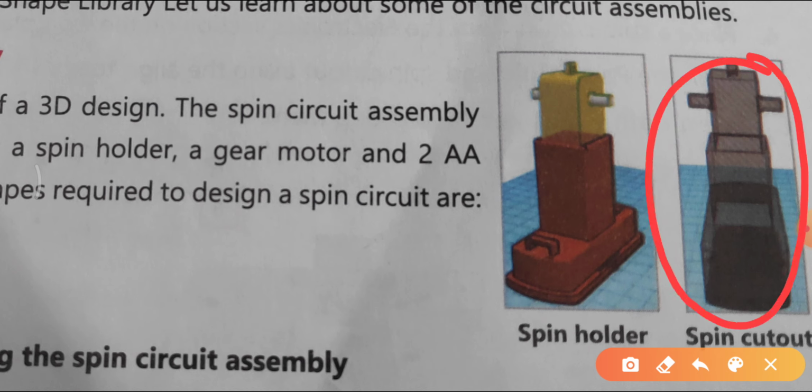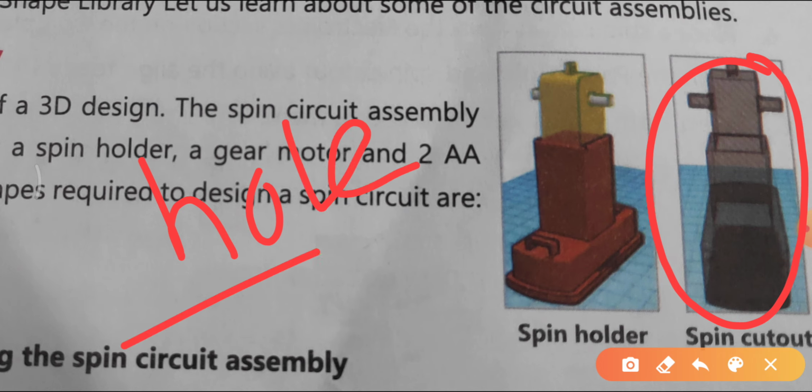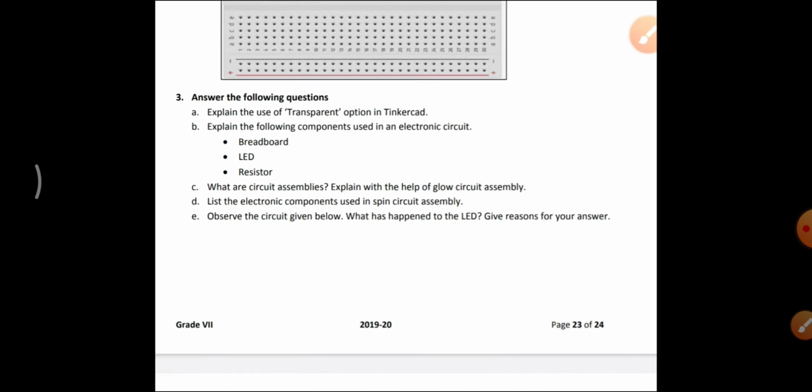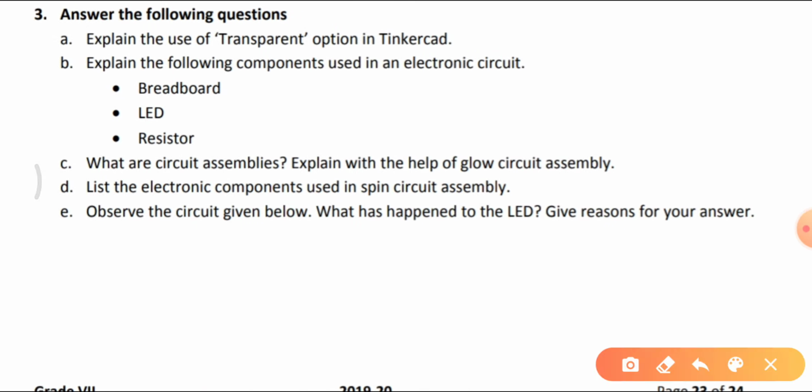And as well, when you make an object transparent, when you make it hollow, see friends, it becomes transparent and it becomes easy to cut the things. So that is the use of the transparent option. Now we'll go to the next question, that is